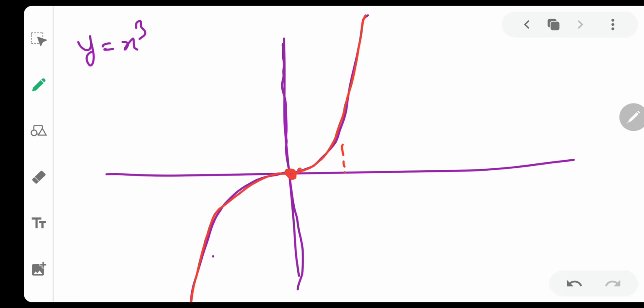See, for positive value of x I am getting some value of y, and for the same value of x in the negative direction I am getting the same magnitude in the y direction. I know my diagram is not that symmetrical, sorry for that, but I hope you can get to my point at which I am pointing.